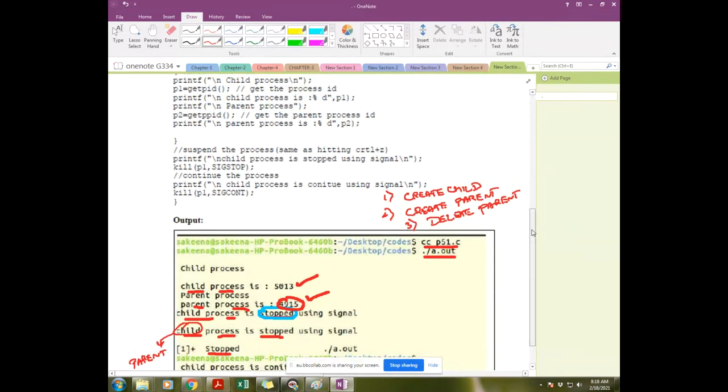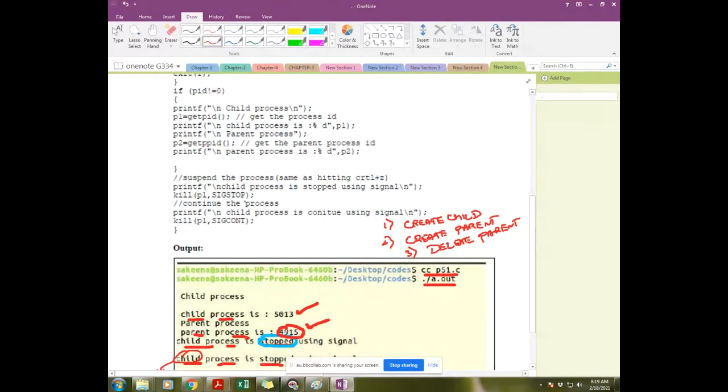In the program, child continue using signal, child process stop using signal. Get the process ID of the parent. Okay. In place of P1 write P2, delete this and write P2. Why P2? Because P2 is the parent process.